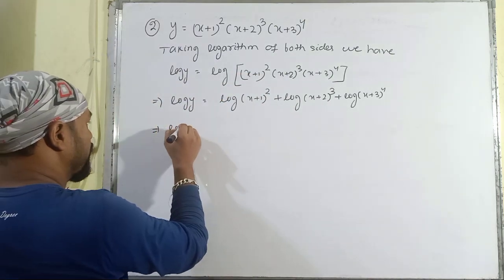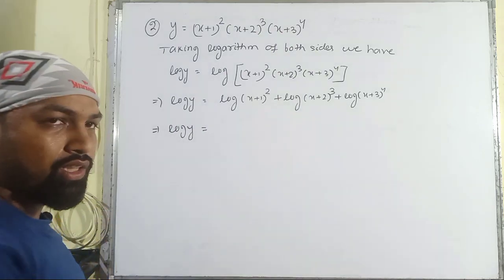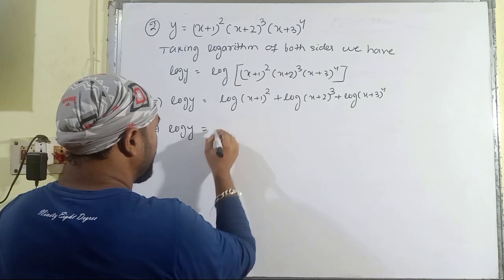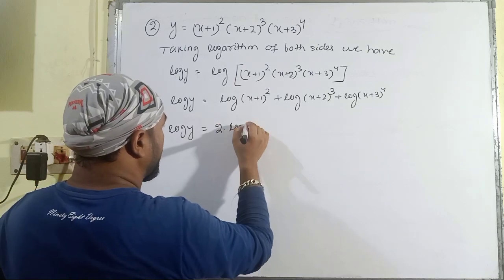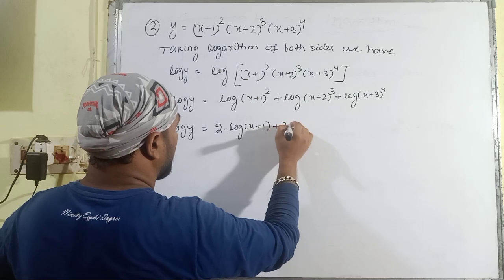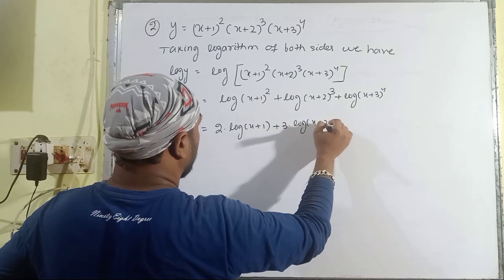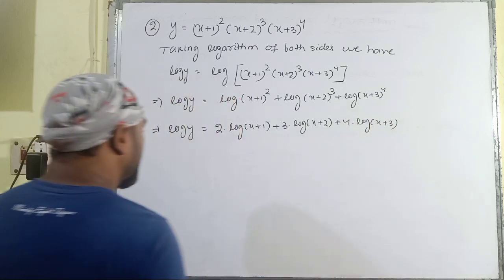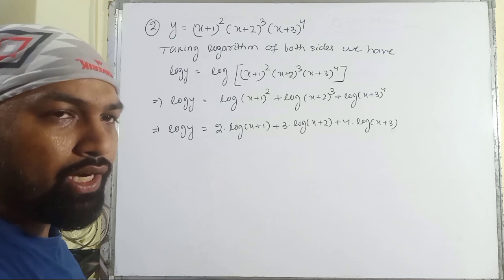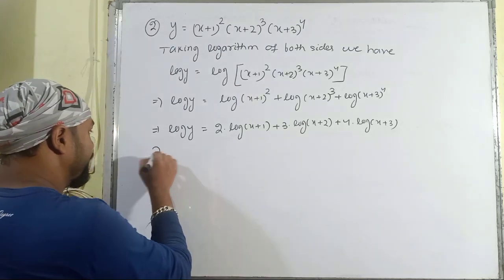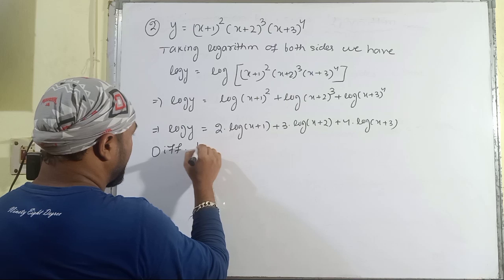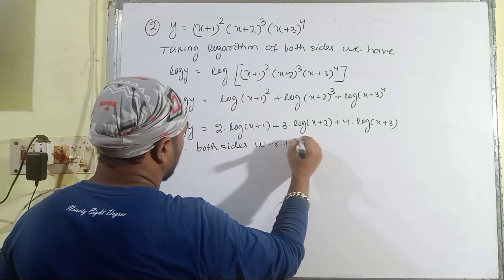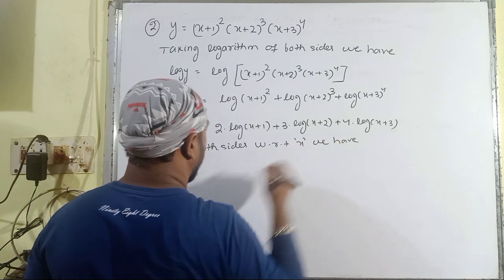Then again we have to apply another property of logarithm, that is the degree will be shifted towards the left side of the logarithm. Then it is 2 multiplied with log x plus 1 plus 3 multiplied with log x plus 2 plus 4 multiplied with log x plus 3. Then we have to differentiate both sides with respect to the variable x. Differentiating both sides with respect to x, we have